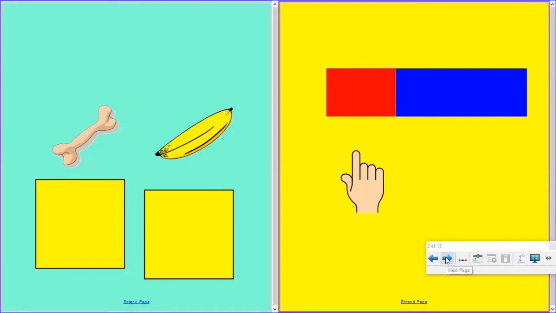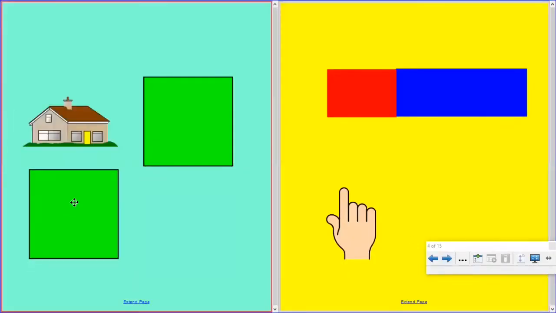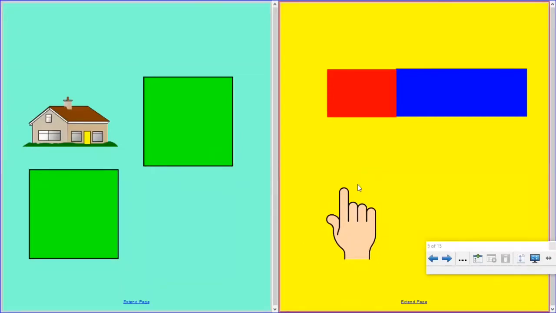Let's go to the next two pictures. Say the word house. Let's stretch it out. House. Do it with me. House. House begins with